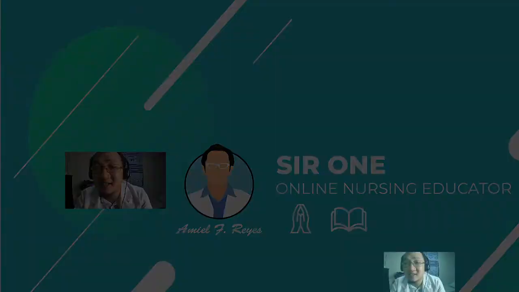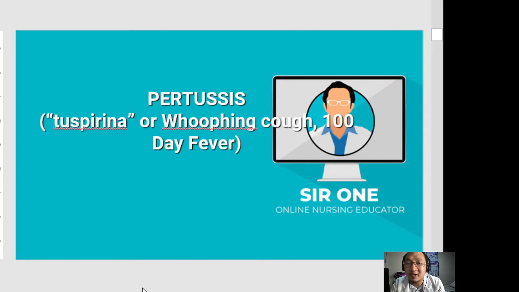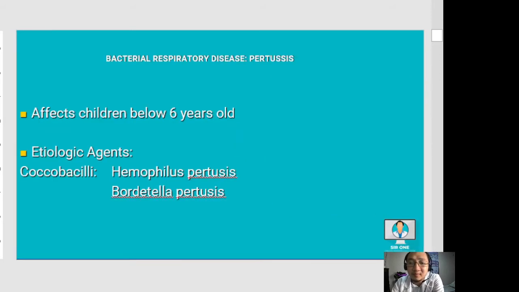And let's go straight. So we are going to discuss pertussis or whooping cough based on references. This one is also a disease that is affecting the respiratory system, and it is characterized by repeated attacks of spasmodic coughing, which consists of a series of explosive expirations, and typically it ends with a long drawn forced inspiration. So it also produces a crowing sound if you're familiar with the bird, okay, and also